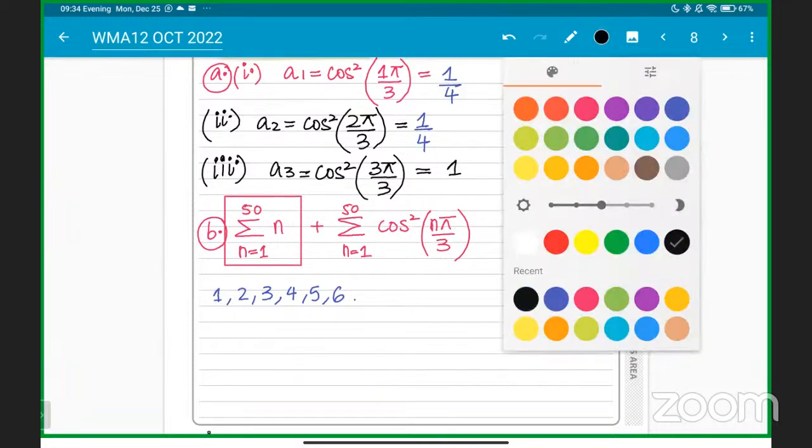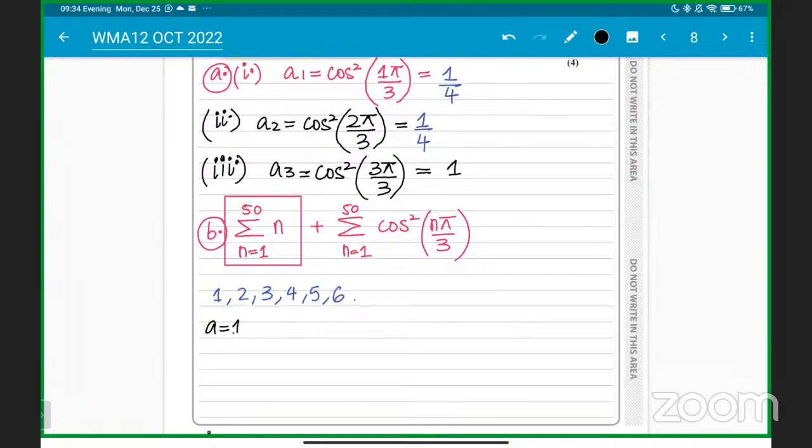First, make sure to identify your first term. So your first term is 1. Your common difference is also 1, because you are adding 1 each time. Everyone getting it? Yes, sir. Your common difference is 1, because you're adding 1 each time. Your first term is 1, and you just have to find the sum of the 50 terms, for which you